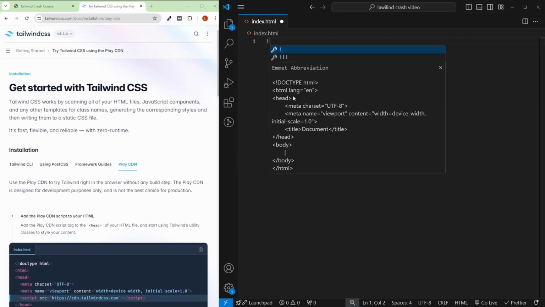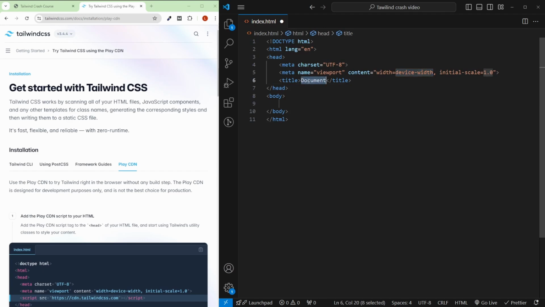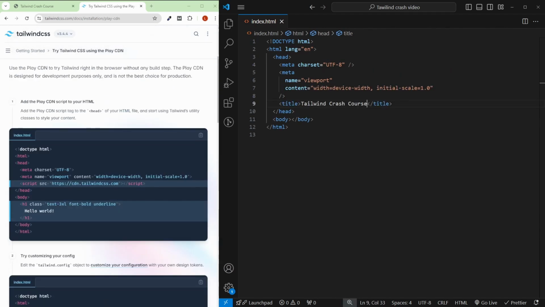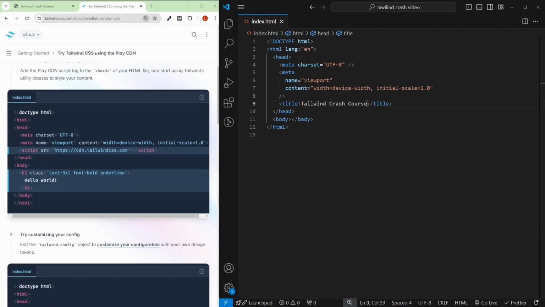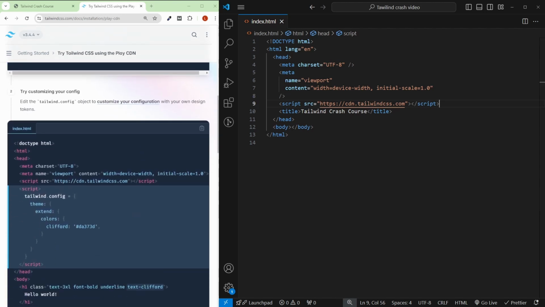To get this started, first just create your basic HTML syntax. And here you can see that there is a script right on here. This script for the Play CDN is what you need to put in your head tag. That's not enough yet. Coming down, there is also another script that it suggests you should add, which is this